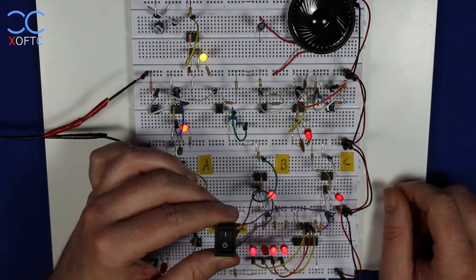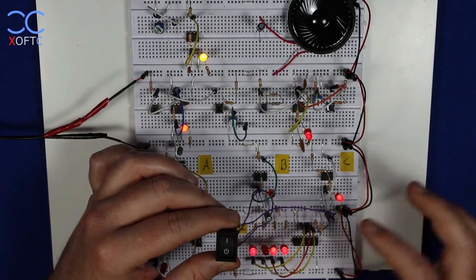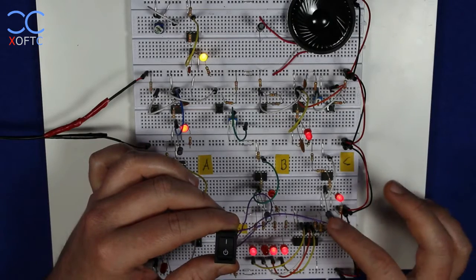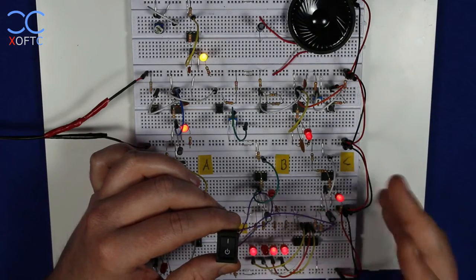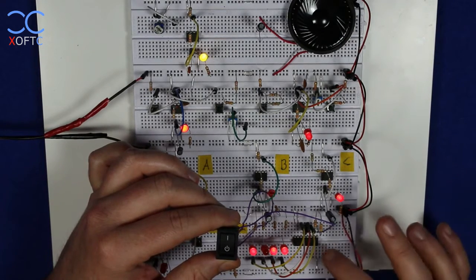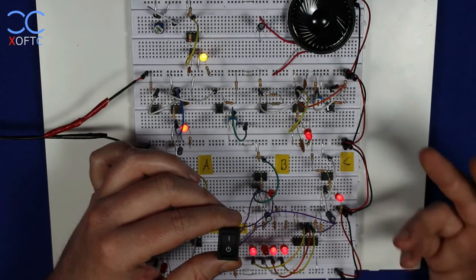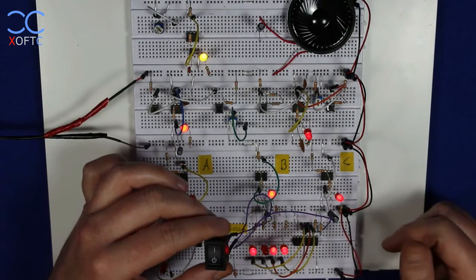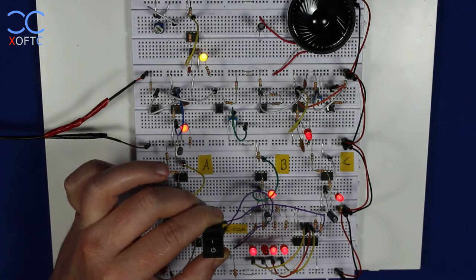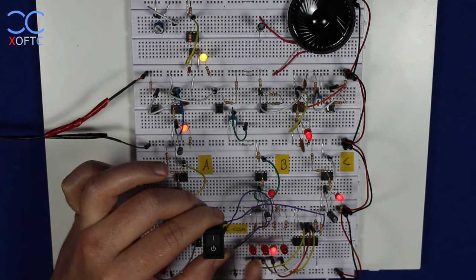It does that because right now, even though I've set the switch to high, it's not the way that the chip will work. So it has progressed a count, let's say, forward. And right now it's waiting to receive a low in the clock pin so that the clock pin can reset. And then on the following high, it will again go a count forward. So once I lower the switch, nothing has happened, and once I raise the switch again, then again it moved